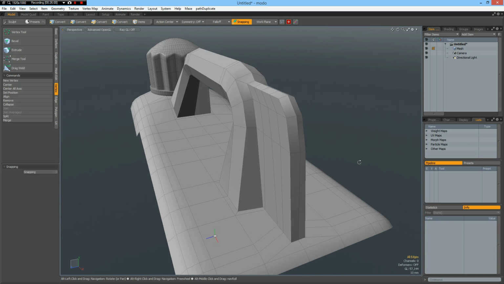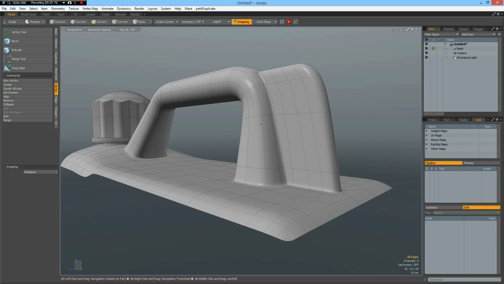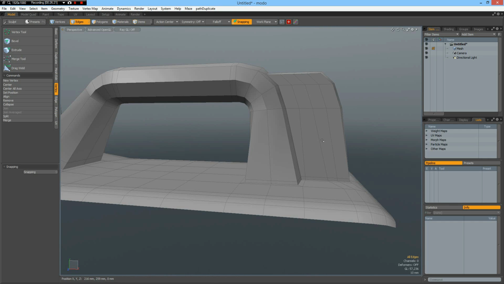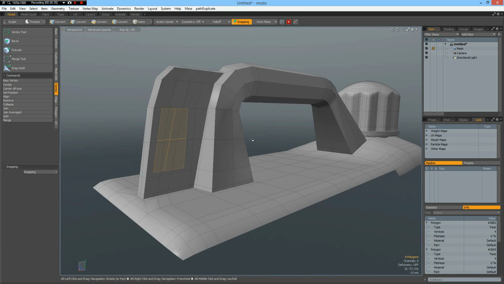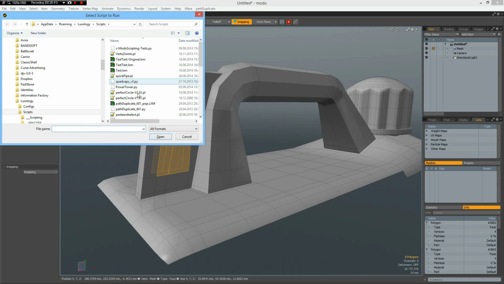Now we can add a single edge in here, and another one in here and another one in here. And let's see how this looks. This looks pretty neat. The only thing left now is we need a hole in here. So let's do this by adding 2 more edges in here, like so, and then select these polygons and these ones, and Shift F5 again, run the perfect circle,